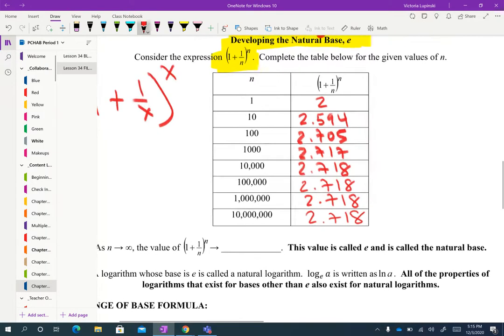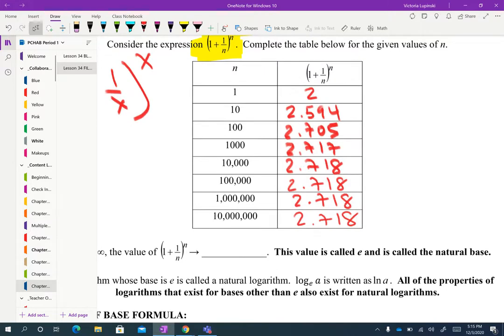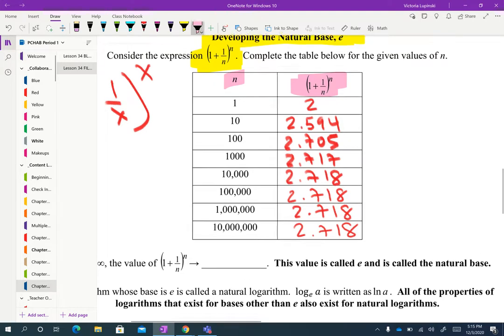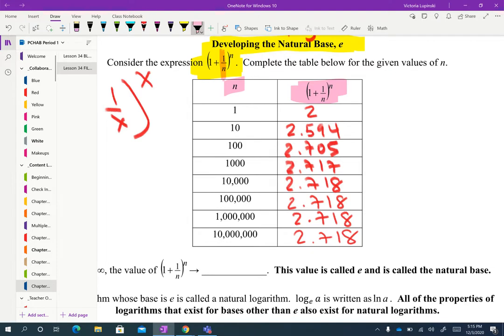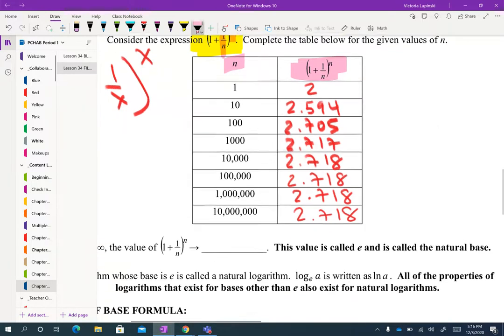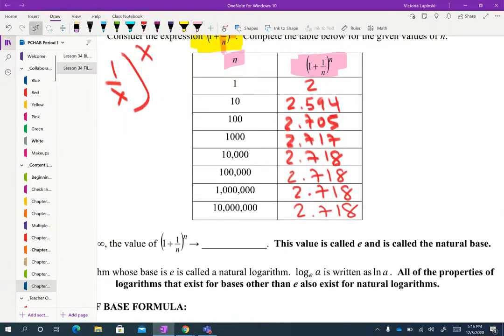You can see that I filled these in for you just to save time, but I'm pretty certain that each of you could plug this into your calculator and evaluate it for each of these different n's. So n is obviously getting bigger and bigger. Think about what's happening as n gets bigger. 1 divided by n: as you divide 1 by a larger and larger number, you're getting a smaller number, but then you're raising it to an increasingly higher power. So if you were to make n equal to 1, you would get a value of 2. 10 would give you 2.594,